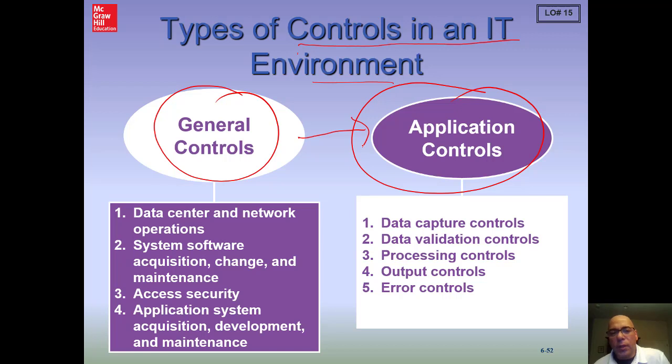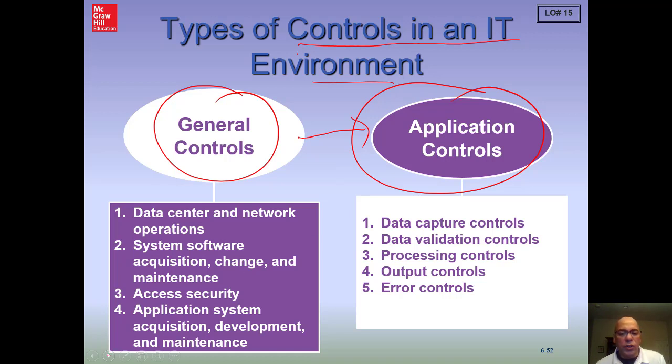I was on an engagement where we looked at issues related to processing of the IRS tax data that goes to lock boxes that process all that information. And one of the general control issues we raised there is they had their main and their backup on the same power grid, and our issue was one event would take out both the main and the backup. That's a general control type issue. Again, application controls are going to be specific to the one particular application, like payroll, etc. Okay, general controls, application controls. You've got to have good general controls.